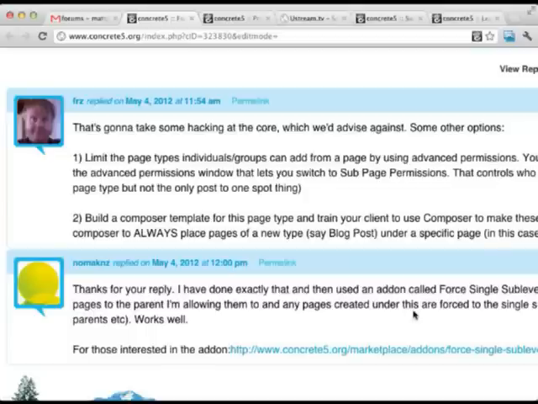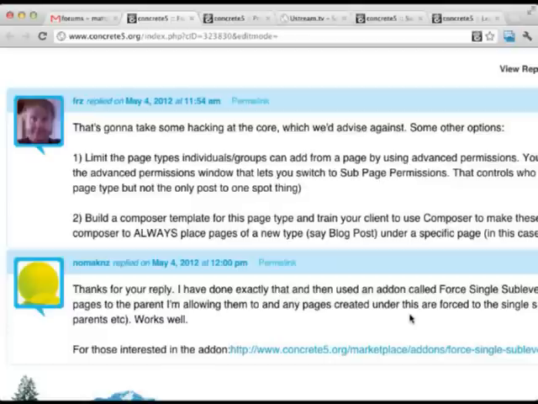Yep. So if that doesn't make any sense, think of it like this: if I'm in the press area, I can only add press releases underneath the press area page type. You can rope that right in. The downer to that is that you do have to get to the right page before you can add it. I can't add a press release from a product page that way.